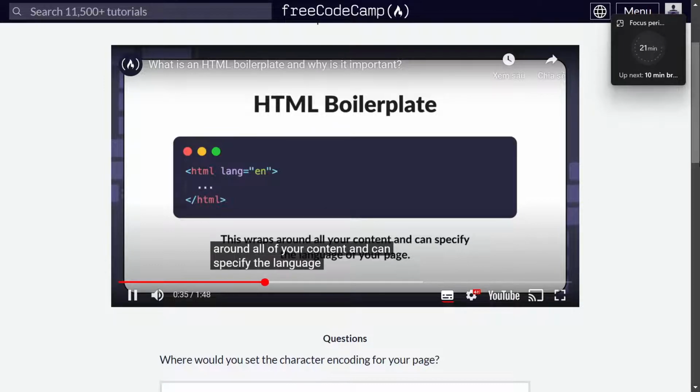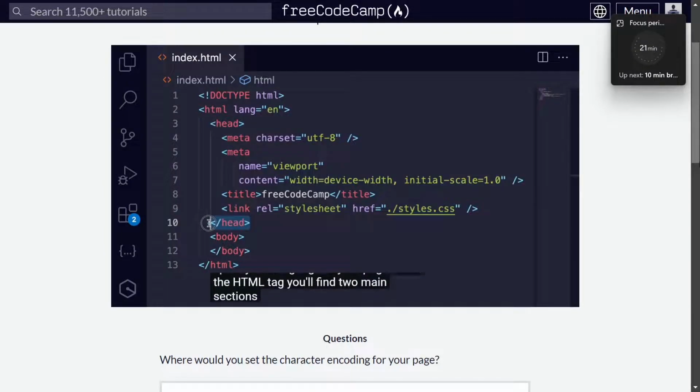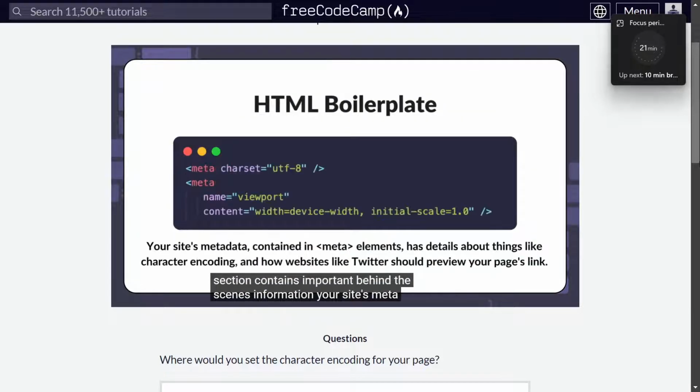Content and can specify the language of your page. Inside the HTML tag, you'll find two main sections, a head and a body. The head section contains important behind-the-scenes information. Your site's metadata, contained in meta elements, has details about things like character encoding and how websites like Twitter should preview your page's